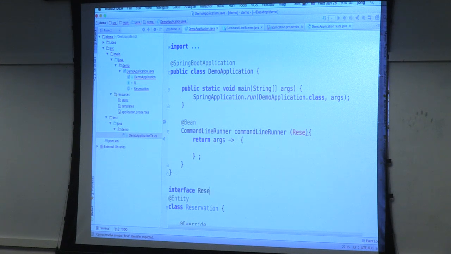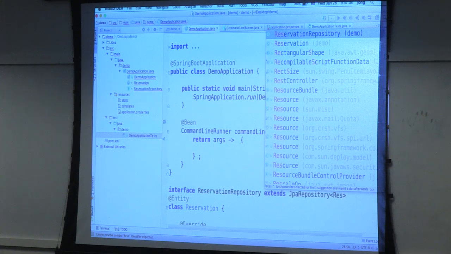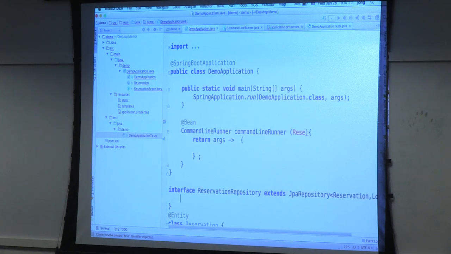I'm going to say ReservationRepository extends JpaRepository. And again, there are similar analogs for Mongo, for Cassandra, Neo4j, Redis, Gemfire, Elasticsearch. I mean, there's different things, but the point is it's a conventional way of creating Finder-based repositories, that kind of thing. So here's a Finder method, and it says based on this name of the method, create a method that implements this interface, and then in that method, create a query that says select all from reservations where reservation name equals rn. OK, so it's conventional, very sort of active record-y, very Ruby-ish.